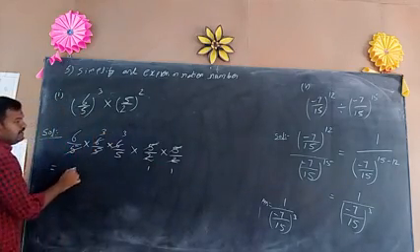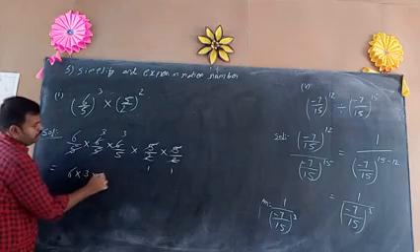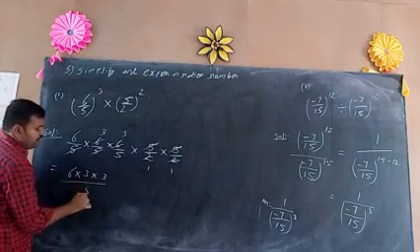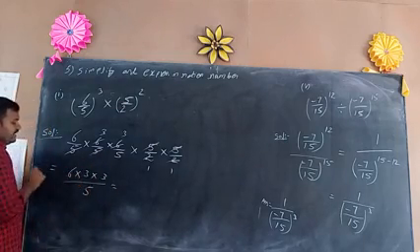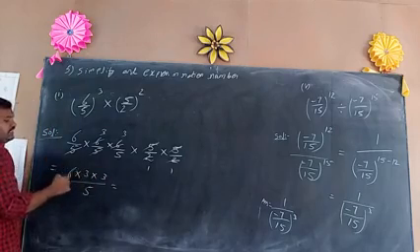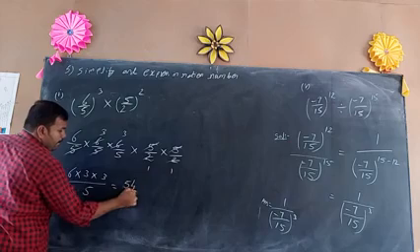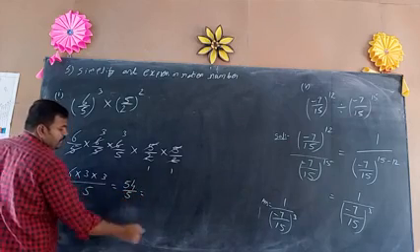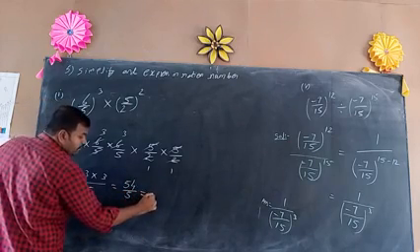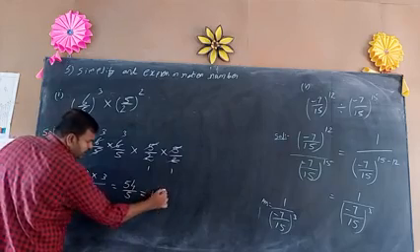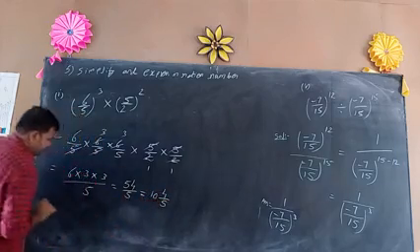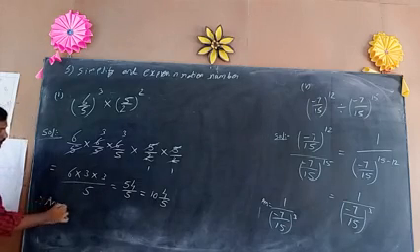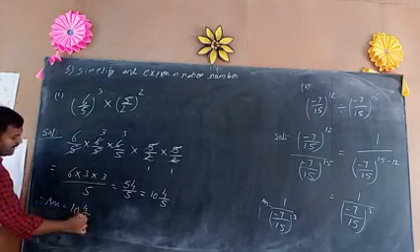So the numerator is having 6 into 3 into 3, the denominator is having 5. So multiply. 6 3s are 18. So 3 3s are 9, 18 9s are 54 by 5. We have to change it into the mixed fraction form. That is called 10 4 by 5. Therefore, the answer is equal to 10 4 by 5.